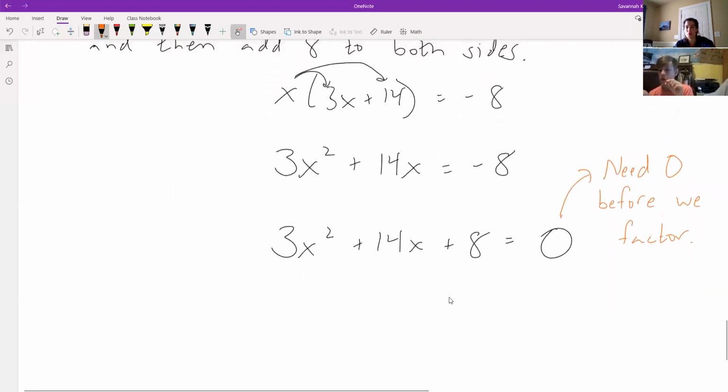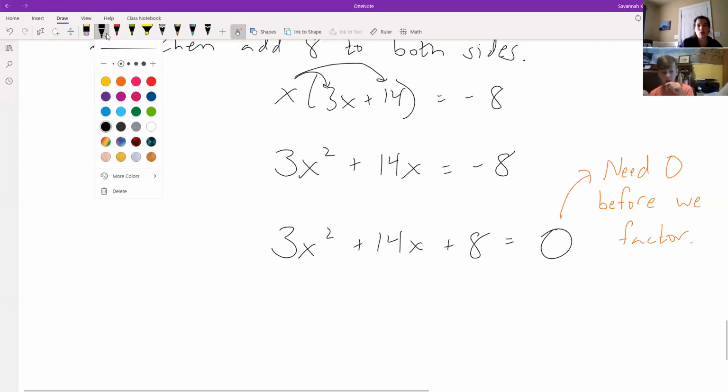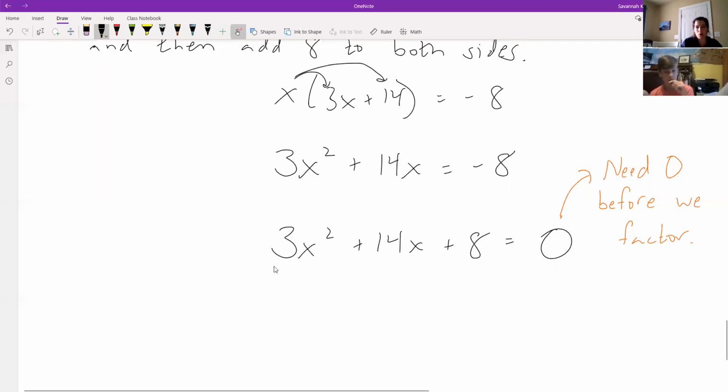Okay, so this is probably, I would say, the worst case scenario for these problems, where you have so much algebra to do before you can even get to the real algebra. You have to clean the problem up, move everything around, and only at that point can you factor. So here, to factor this,